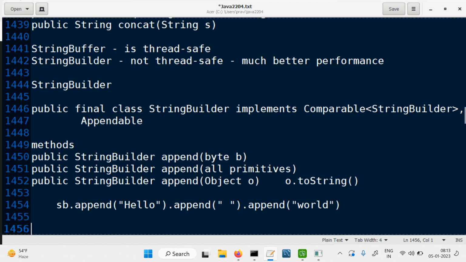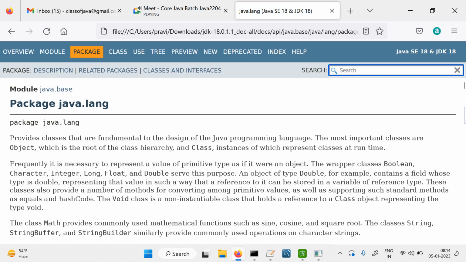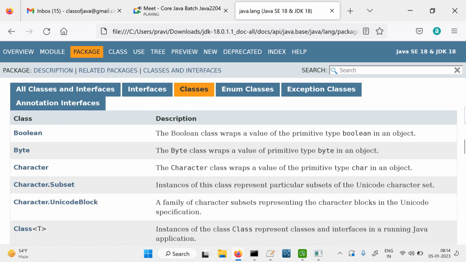Okay, fine. The module is java.base, and these are the packages we have here. It's the java.lang package we are looking at, and the classes and interfaces available here. Okay, we are looking at the class called